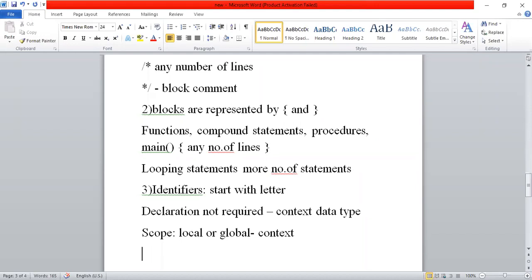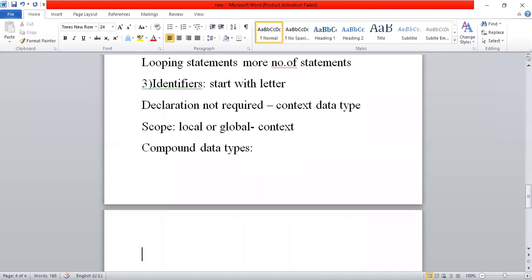Normal data types we need not declare, because sometimes compound data types, like structures and unions, may be required. Those compound data types are declared as a record.